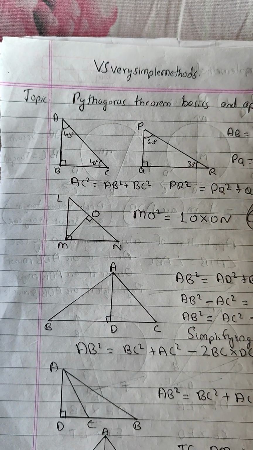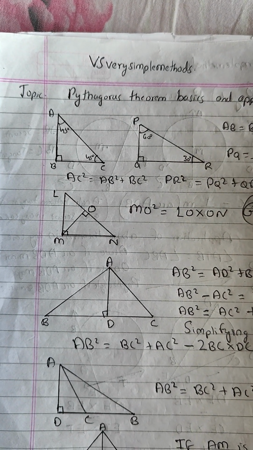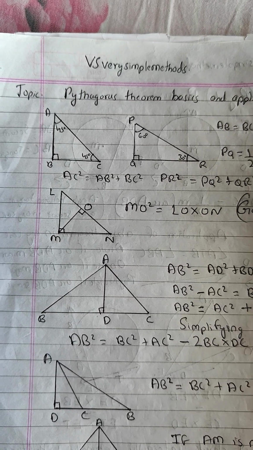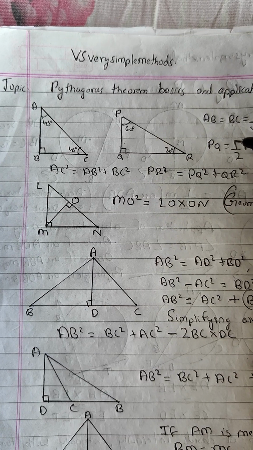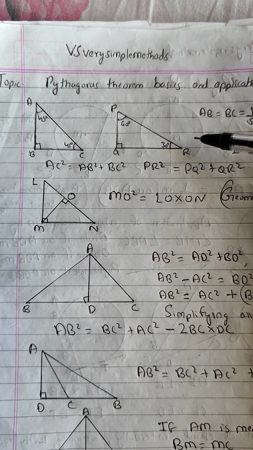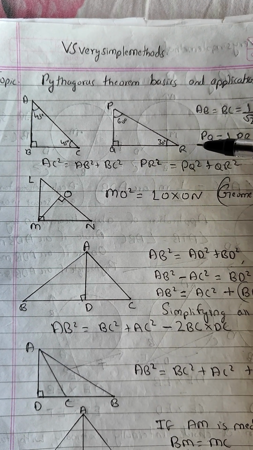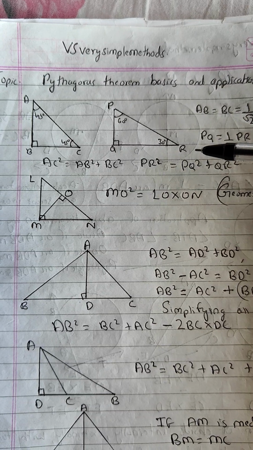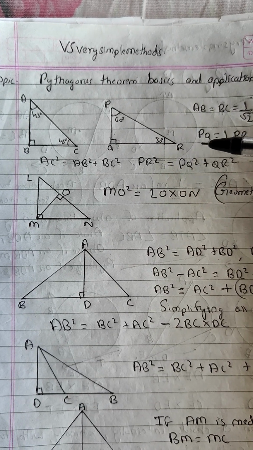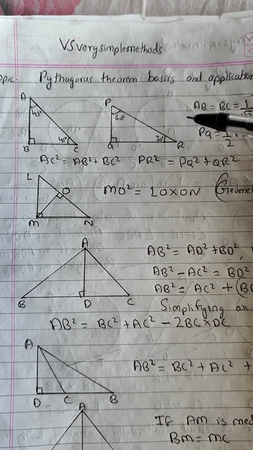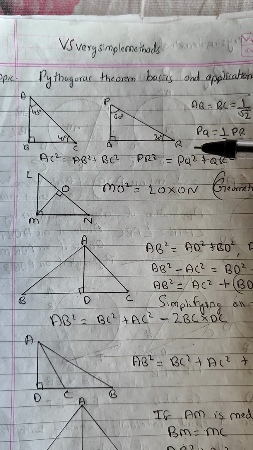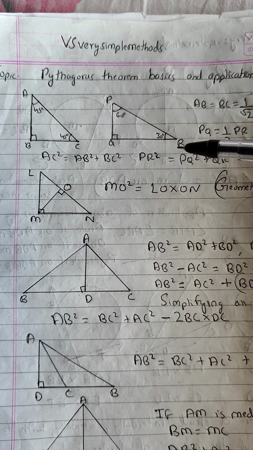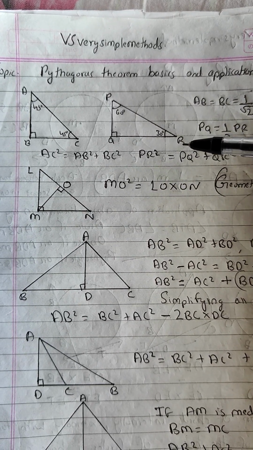which is possible because in a triangle all three angles should add up to 180 degrees. 45 plus 90 gives you 180. Similarly, I have another triangle, a 30 60 90 triangle. In this triangle also 180 degrees is possible because 30 plus 60 plus 90 gives us 180 degrees. But if you look carefully, I have drawn both the triangles in a different pattern.